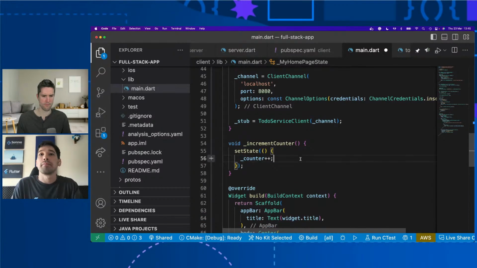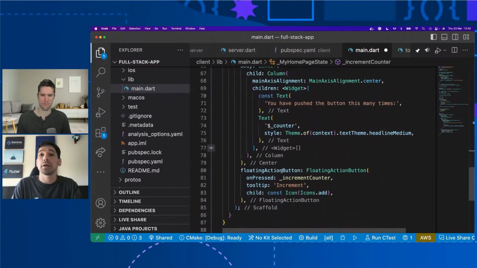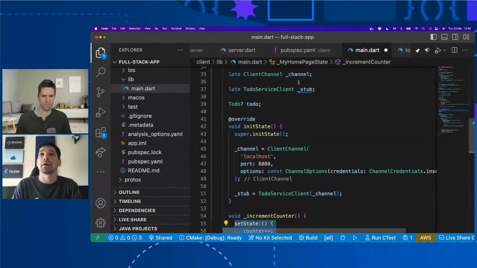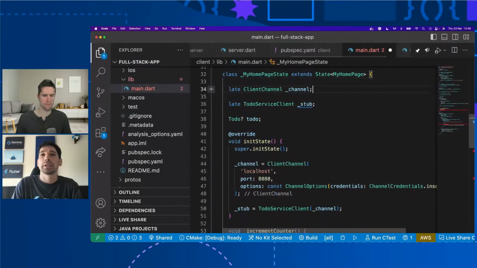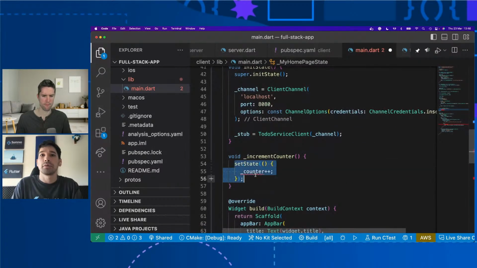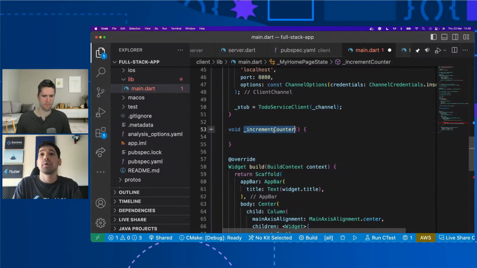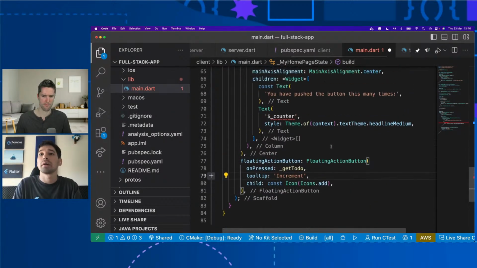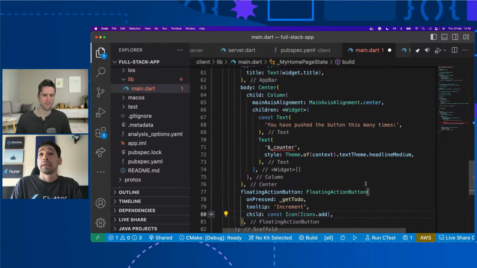But yeah, in our counter, this is really setting the state of our counter. We are going to delete our counter because we don't need it. Also this. And here what we can do is get our to-do from the server. Okay, so we're going to replace this in our icon. Nice.